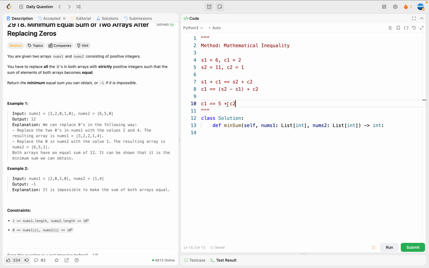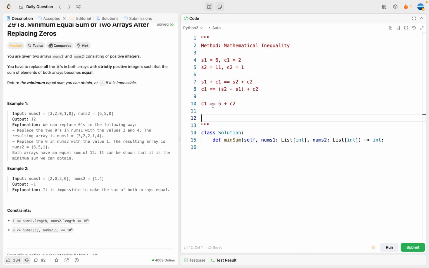Because C is the count, each number replaced should be at minimum 1, and you can assign an arbitrary positive integer. So for C1, the left side is at least 1. The right side will be at least